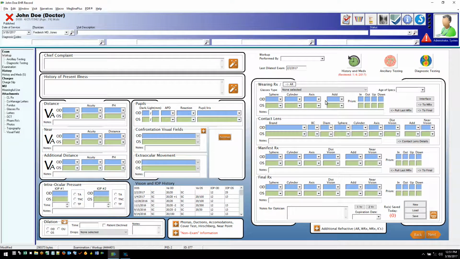Okay, we're going to start right here on the first page that opens up when you start a new exam. This is what we call the workup page. Usually for most clinics, it's the place where the technician will start to get history and visions and things like that. One of the things with our system is that you can click or type pretty much anywhere inside of